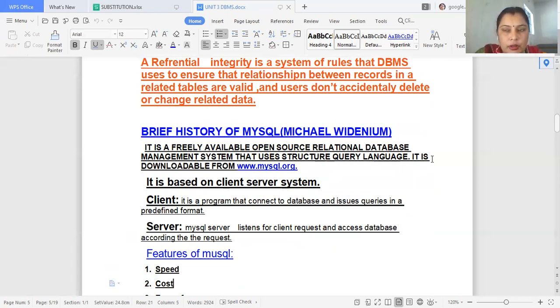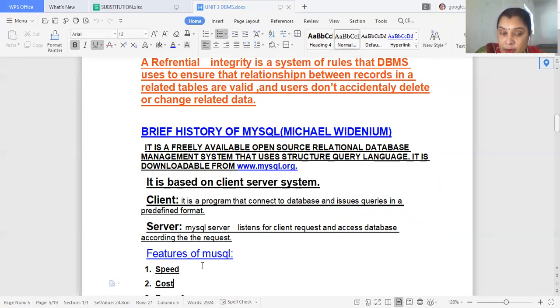It is based on the client-server architecture. A client is a program that connects to the database and issues queries in a predefined format, and the server listens to the client request and accesses the database according to the request of the client.